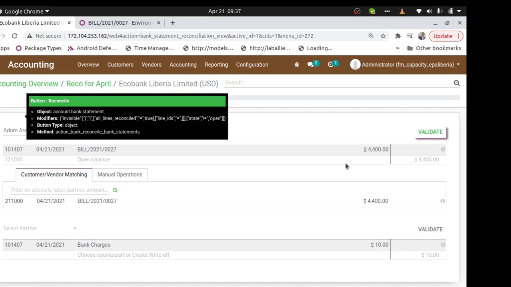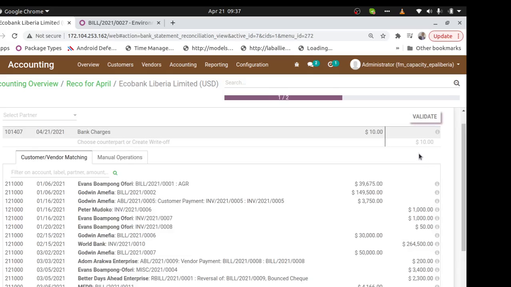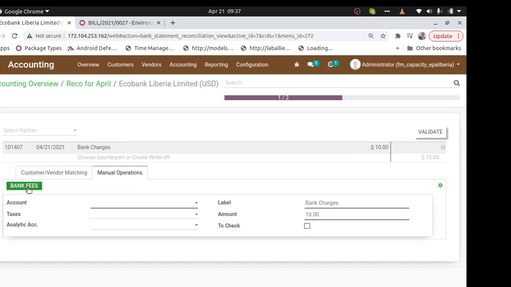For the first one, the system suggests for me, that's why it gives validate, because it has seen there is an open invoice for the same Adom Arokwa Enterprises for that same amount. So I'll just click validate. It has validated. And then for the bank charges, I click here, choose account here, and then I have created an account for bank fees, which is a write-off account.